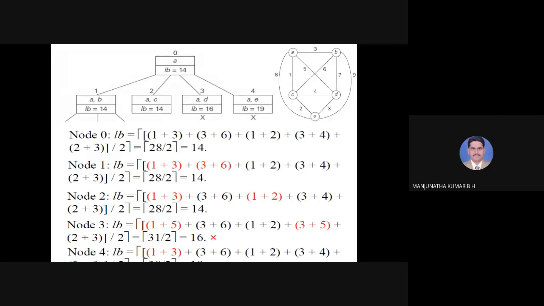So I am going to take node 1 as the next node, and consider it for generating the next part of the solution. I am going to ignore node 3 and node 4 also. The reason is node 3's lower bound, which is 16, is greater than 14, so it is not the best choice. Node 4 is also not the best choice. Leave it, and even ignore node 2, because its lower bound is the same as node 1. Okay, fine. Now I am going to explain the next level of solving this problem, how node 1 is expanded.